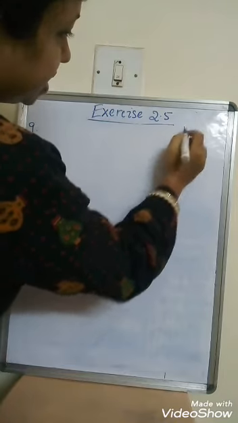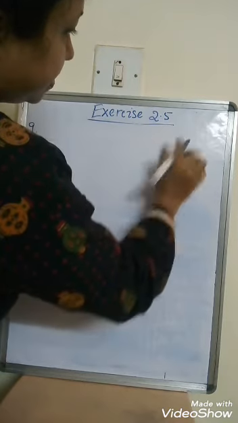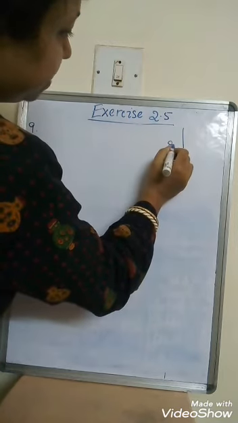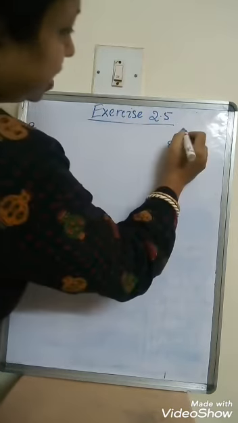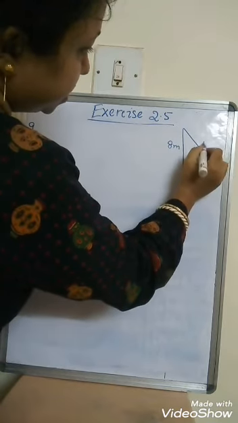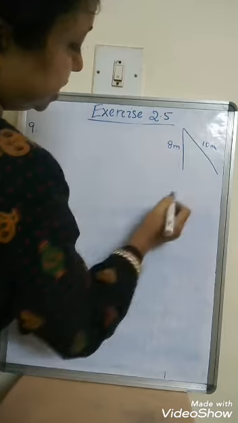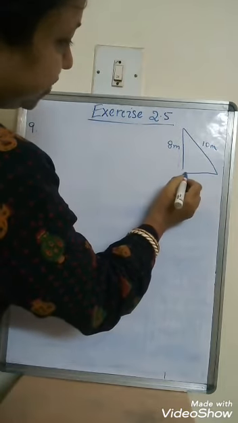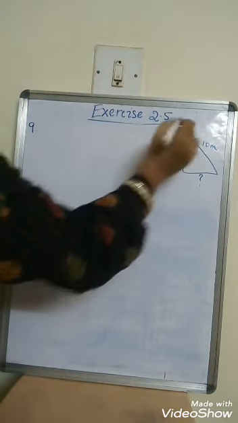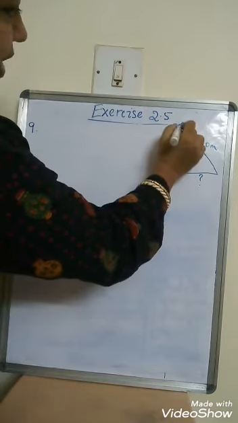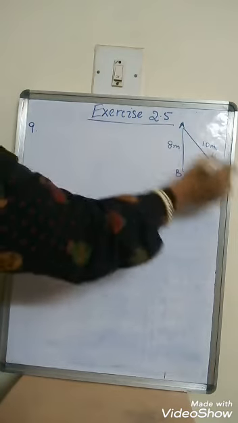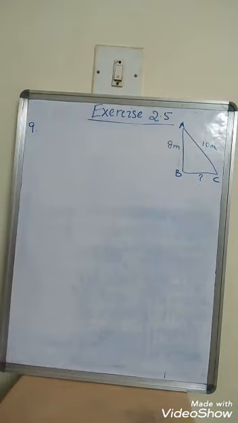So let us take this to be a wall. Right. So this is 8 meter long. Now this is the ladder. Let us take this to be the ladder. So this is 10 meter of height, right? So we don't have the base. This is what we have to find out. So let us just name it A, B, C. So we have AB and AC, but we don't have BC, right?